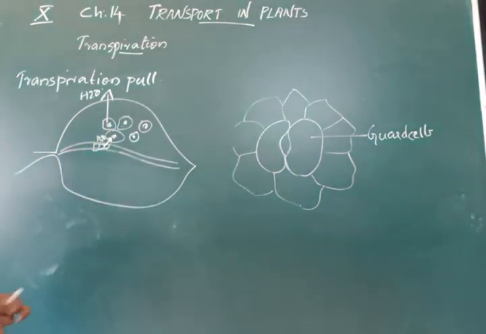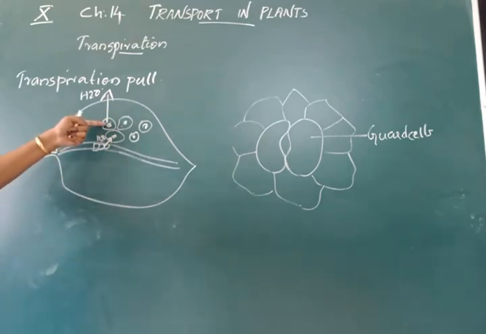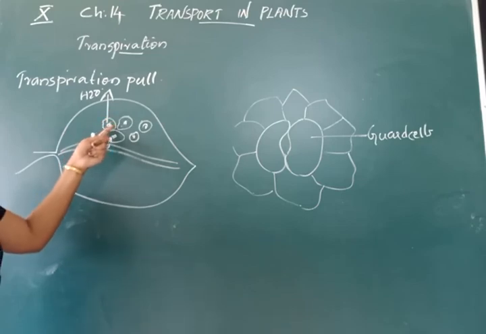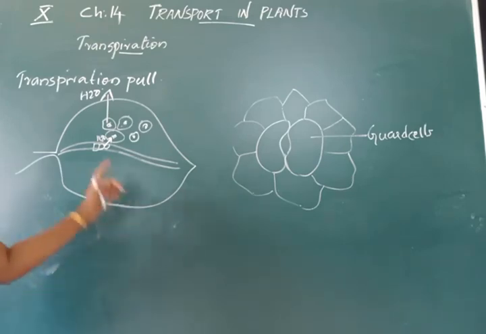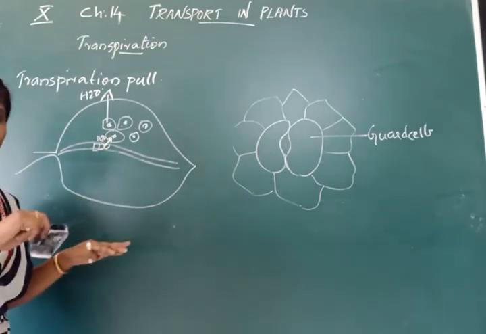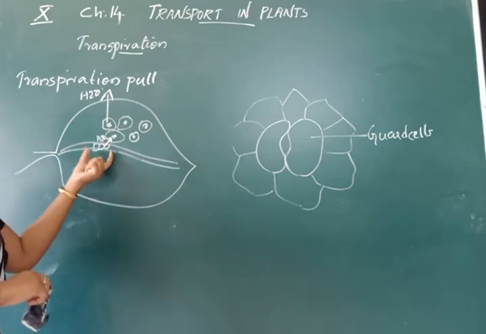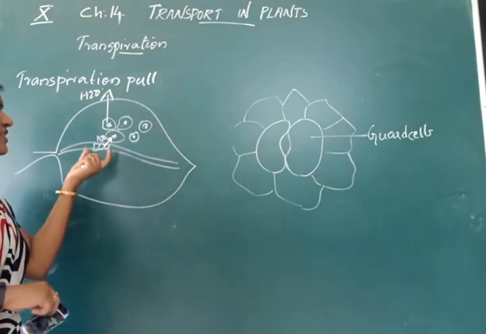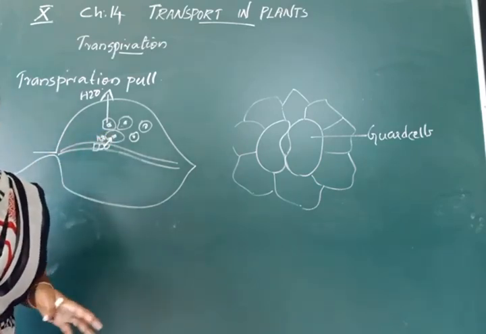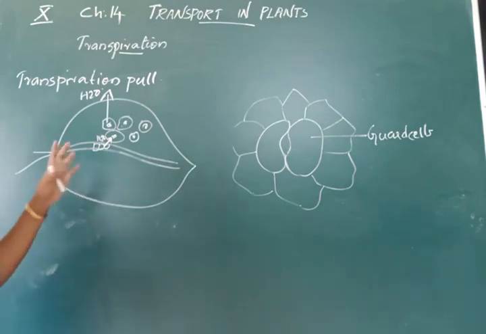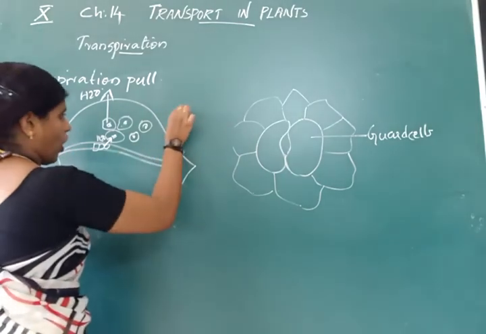So, what is happening when evaporation, then transpiration takes place. Transpiration is the evaporation of water from the mesophyll cells of the leaves. As a result, the concentration of water in the mesophyll cells becomes lower compared to the concentration of water in xylem. So there occurs a concentration gradient. Water moves from the higher concentration, the xylem, to the lower concentration, the mesophyll cells, through a semi-permeable membrane. So, the process is osmosis.